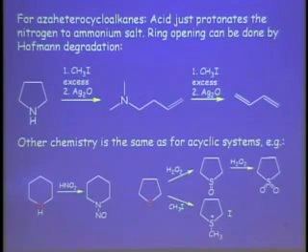There's valence shell expansion, one way to think about it. Or if you don't like that, you just write the dipolar resonance forms with plus on sulfur, minus on oxygen. That keeps you in the octet range. So that's just done with hydrogen peroxide. So sulfides are unstable in the presence of hydrogen peroxide, and they can be oxidized to the sulfoxides. And then we can methylate. That makes the sulfonium salts.